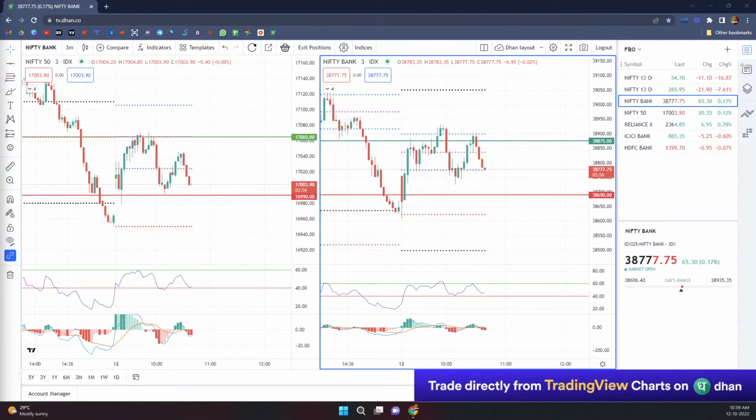I'm telling you, this week, at least 20 to 30% of the retail community would have blown their account, and some of them would have gone back to their work. You guys tell me honestly, how many of you in the last 3 days alone lost 30-40%? If you would not have followed the proper process, you would have easily lost 30-40%. Or some of you would have blown your accounts as well. How many of you did that?